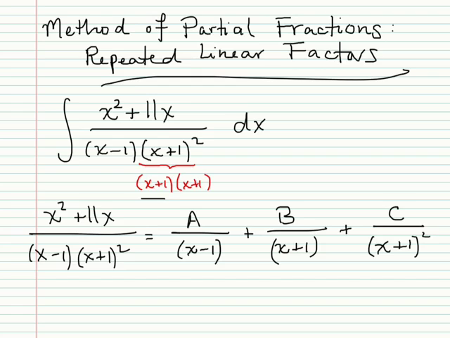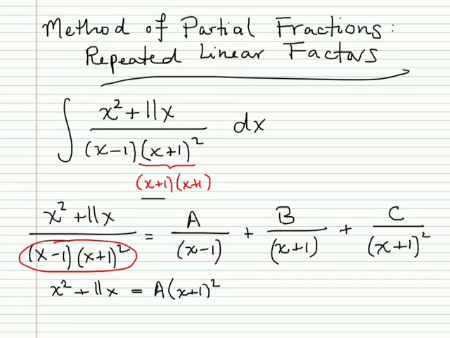How do we solve for a, b, and c? Well, the first step should be familiar from examples where we have just distinct linear factors. The first step is to multiply through by the denominator on the left-hand side. So we multiply through by this denominator, right? That clears the fraction on the left-hand side, and then what happens on the right-hand side is common factors cancel, right? So for the first term, the x minus 1 factors cancel,